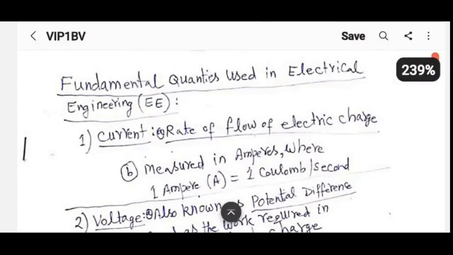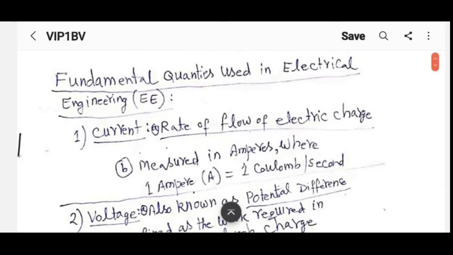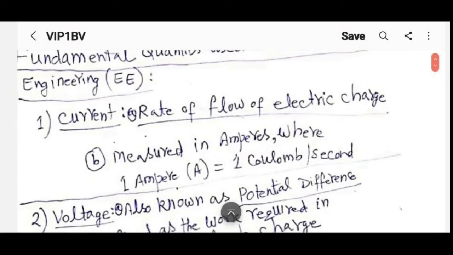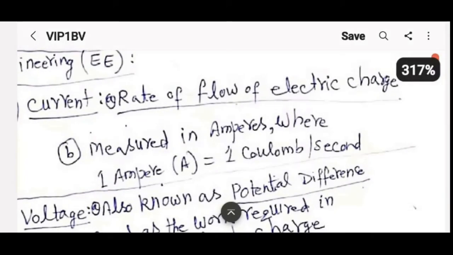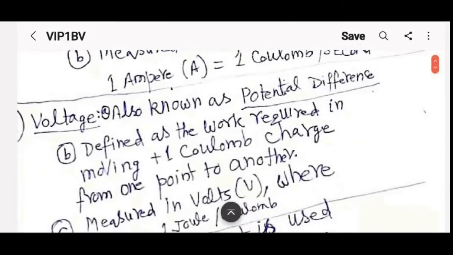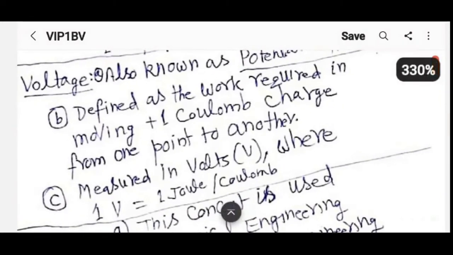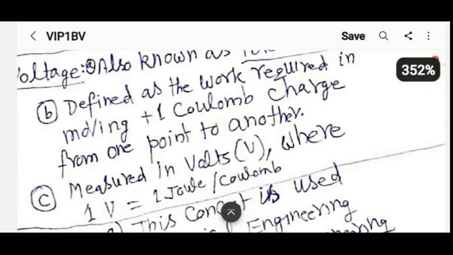The focus in this course will be on power and energy, but obviously you cannot do that until you talk about current and voltage. Current is the rate of flow of electrical charge. The unit is amperes, which is coulombs per second. You know all this. Quickly, let's complete that. Voltage is nothing but potential difference between 2 points, which means work required in carrying 1 coulomb charge from one point to another. So joule per coulomb, that is how the volt is defined.